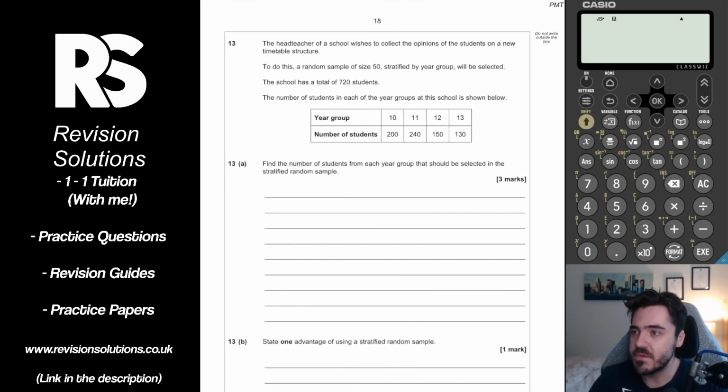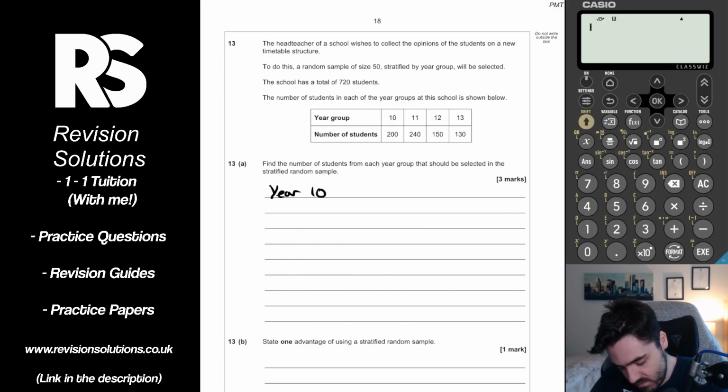Okay, moving on to question 13. It says the head teacher of a school wishes to collect the opinions of the students on a new timetable structure. To do this, they collect a random sample of size 50 stratified by year group. So that means our sample needs to have proportional representation, and the population is 720 students, and then we've got the breakdown of the year groups. So we need the proportion of students in each year group in the population to be the same proportion in our sample. So if we do the year 10 students first,